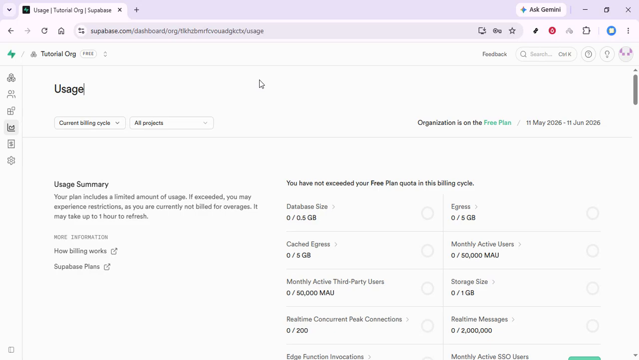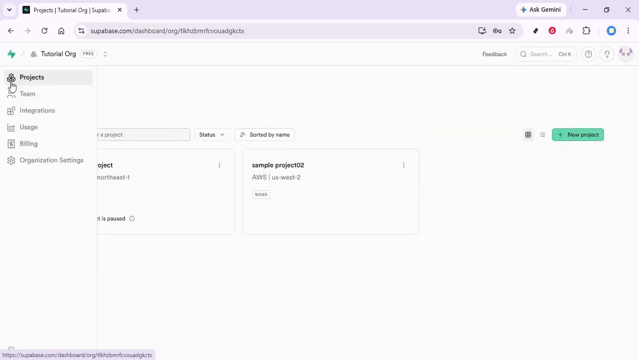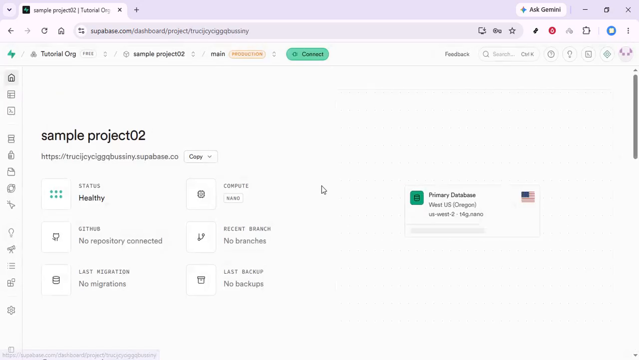Once you're on the dashboard, you need to select the specific project you're working with. Simply click on the project from the list. This action will open up a detailed view of your project, showcasing various options and settings you can configure to